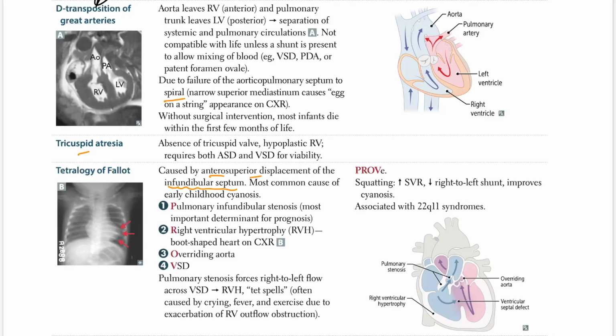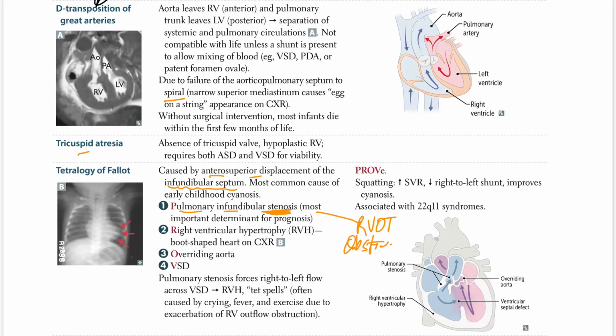is, we will talk about what the infundibular septum is, but there is a deviation, there is a displacement of that infundibular septum. And what is that? It is the pulmonary infundibular stenosis, deviation causing that infundibular stenosis, right? And in other words, they will call this right ventricular outflow tract obstruction, RVOT obstruction. So pulmonary infundibular stenosis, RVOT obstruction,